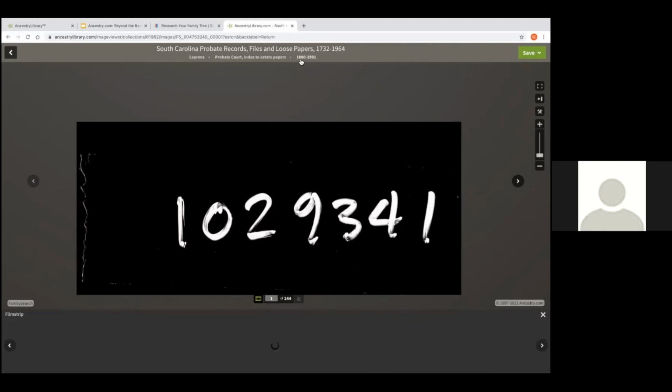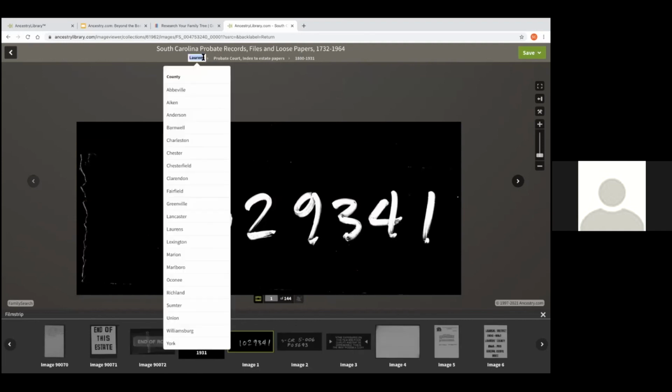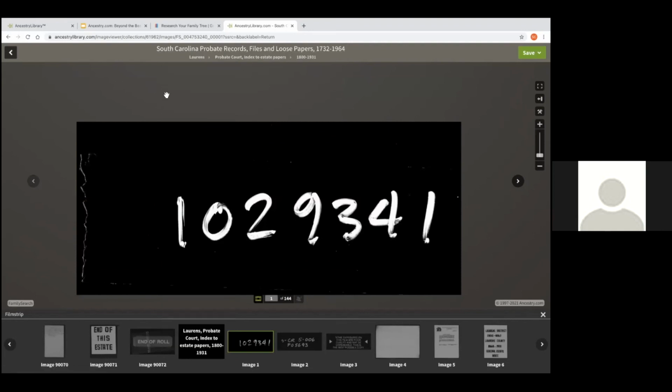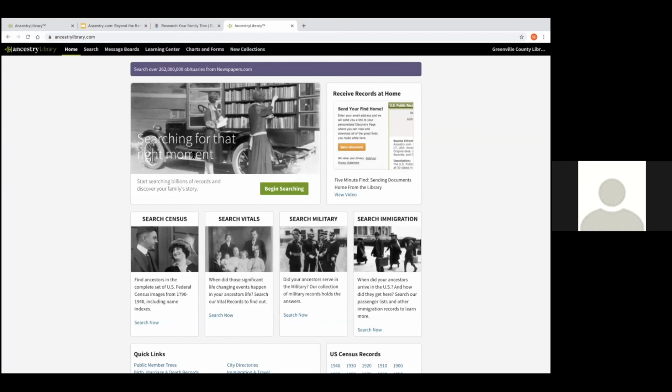But definitely check out the little breadcrumbs here so you can look at different sets in the collection. And then if you ever need to go back, or you want to just do a regular search again, like a basic search, you can just click on this back arrow. I always like to use this arrow rather than my browser's arrow, because sometimes when I use the browser's arrow, it won't take me directly back to the page before. So I always like to use the arrow in Ancestry, and sometimes it will just take you back to this main menu here. But you can go ahead and begin searching a new record set.